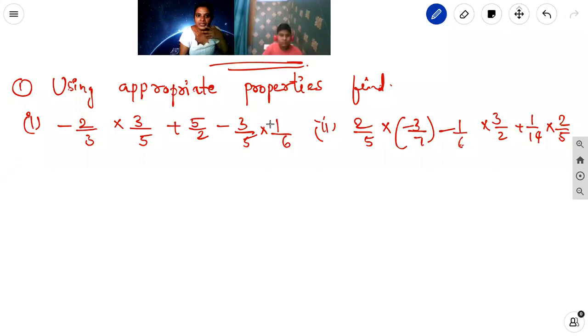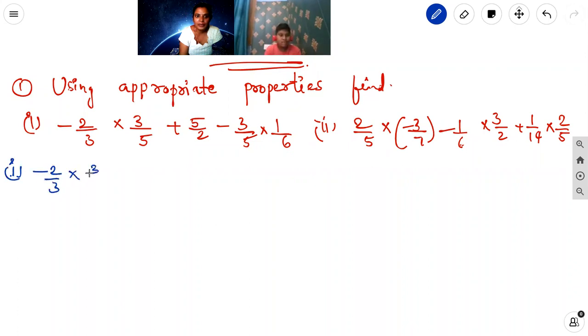Now we are going to discuss some problems on using the appropriate properties. Okay, exercise 1.1. In that, the first problem is: using appropriate properties, find the first question, minus 2 by 3